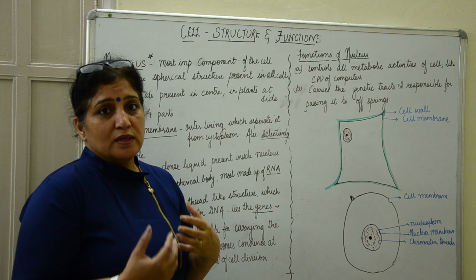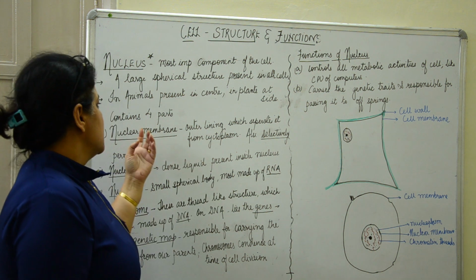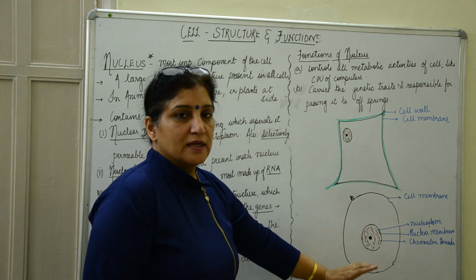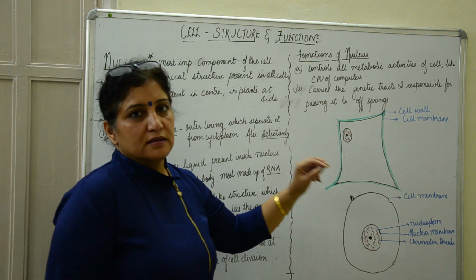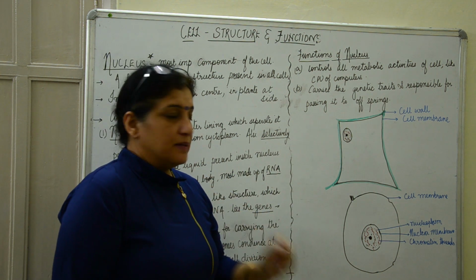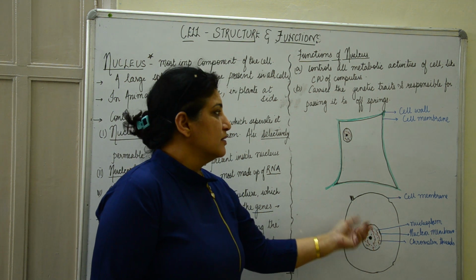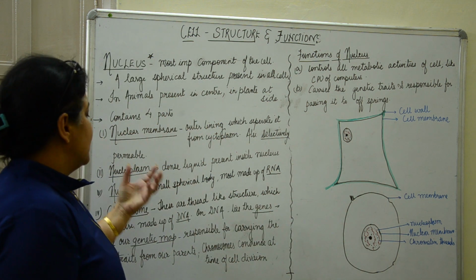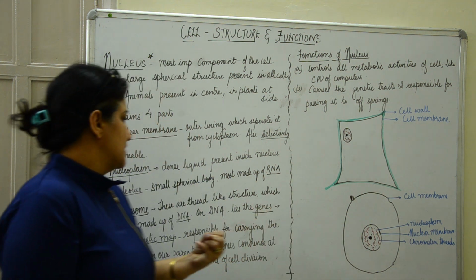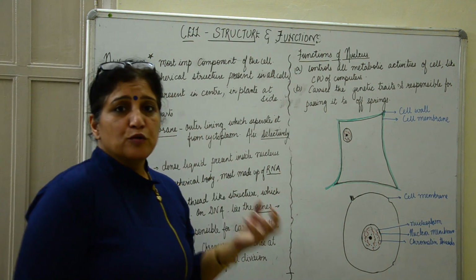Now, what is a nucleus? What does a nucleus comprise of? It is basically made up of 4 parts. The first one is the nuclear membrane. This is the outer membrane of the nucleus, and on it there are nuclear pores also. It's a double-layered membrane, so there are 2 layers, and through the nuclear pores the exchange of bigger molecules can take place. Then it is filled with a gelatin-like, thick viscous substance, and this is called the nucleoplasm.